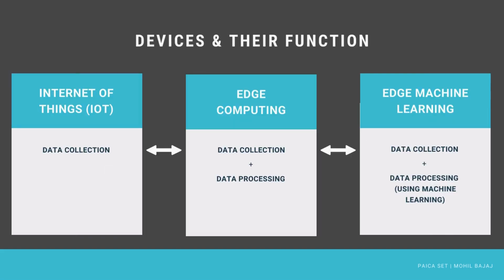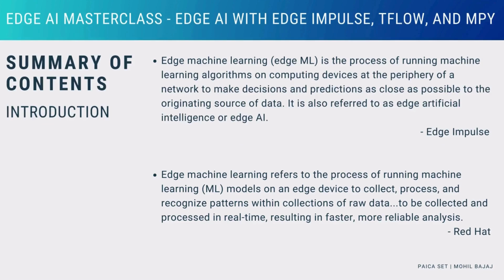And so, to summarize, with Edge ML, you collect, process, and make predictions with data using machine learning, all at the edge. Neat, isn't it? Now that we have a better understanding of edge machine learning, let's also quickly look at a few definitions from the big technology companies. According to Edge Impulse, the platform we will be using in this course, edge machine learning